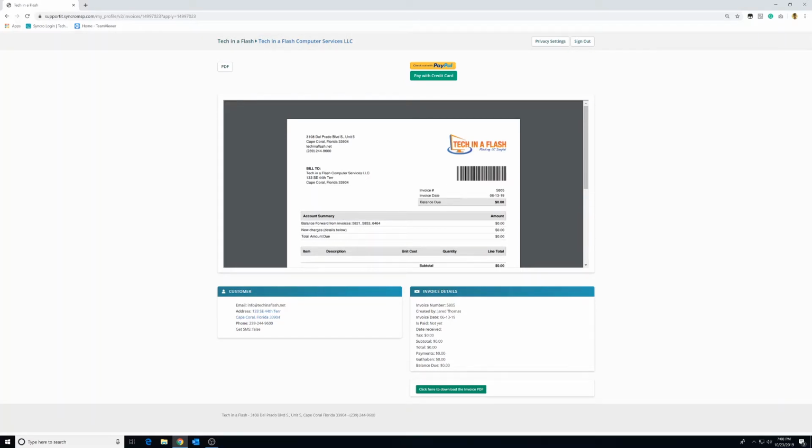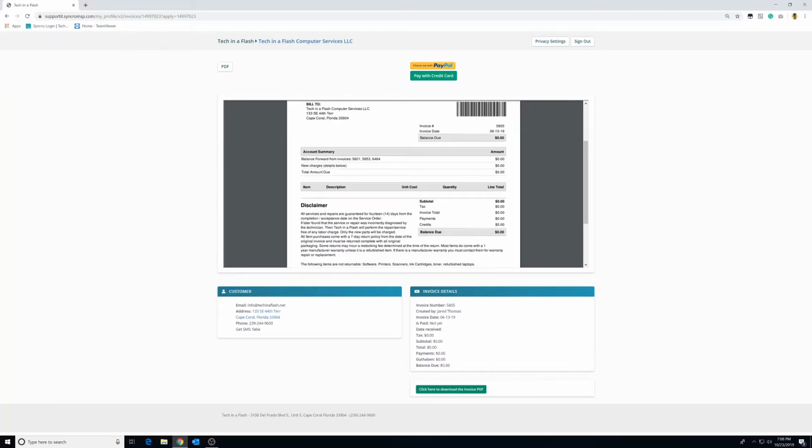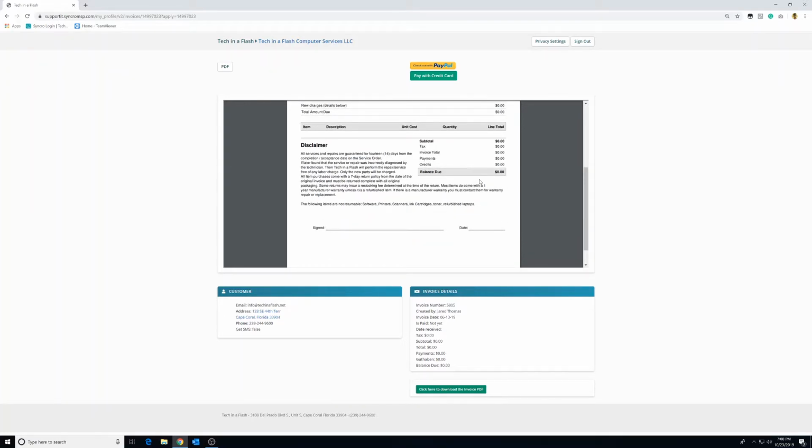Now, this will include anything that we've done on the ticket. So if we've got old tickets that we're adding onto this as additional invoices, say you had 3 tickets open with us, we can add all 3 of those into one invoice. Any parts charges that may be on there, and any labor charges as well. Now, they will all show up right here with the item, what it is, like say if it's hardware or if it's labor, a brief description of what the item is, what it's costing you for each thing, and how many there are there. And this will actually just provide all the information you may need as a receipt for your purchase. So again, going back to the Tech in a Flash portal,